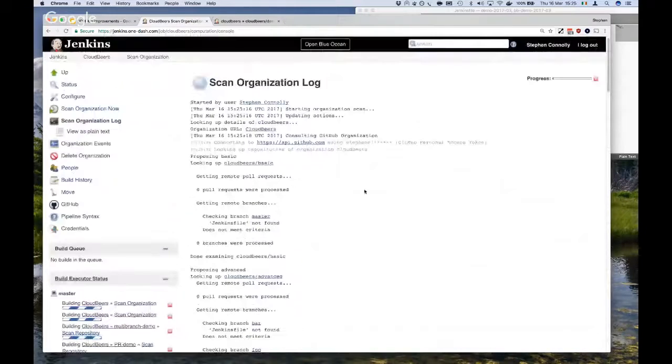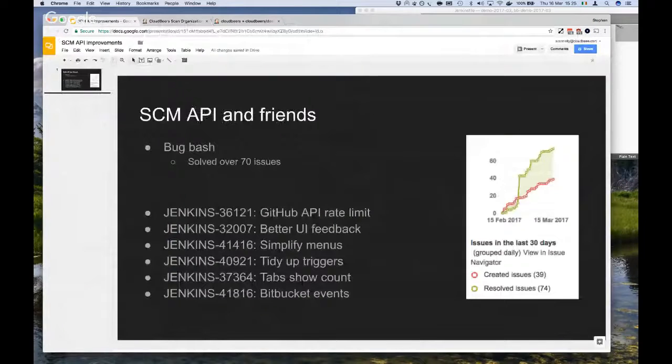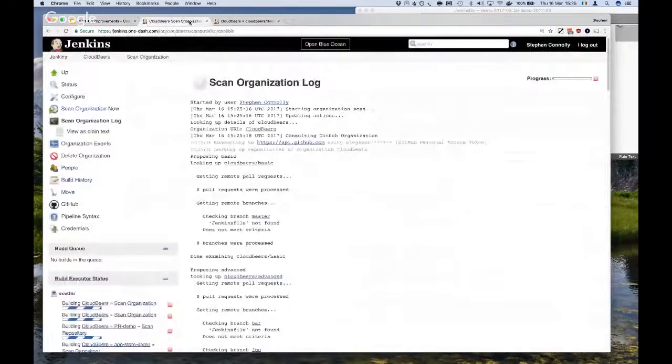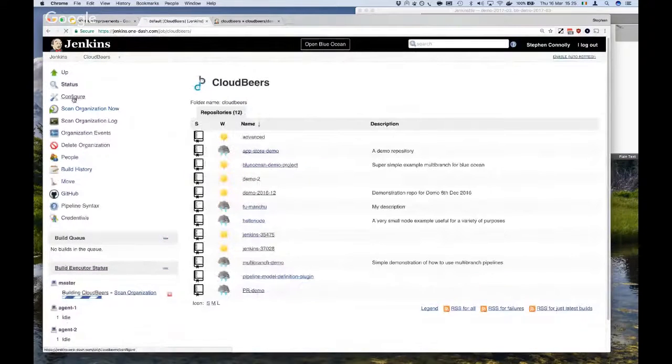So while it's doing that, I thought I might show one or two other things. There is now better UI feedback. So what do we mean by that? So when I'm in here and I go into configure,